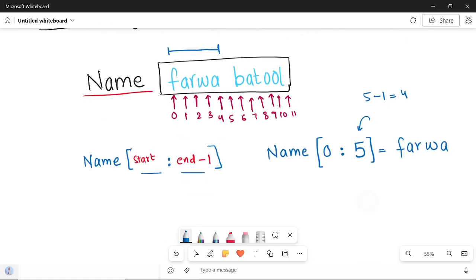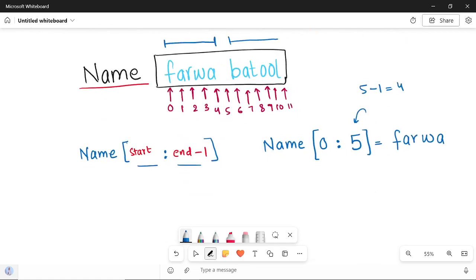Now, if I want to extract the second name, Batul, what can I do? Name, the starting position is B, 6. So I will start it from 6, then I will put a colon. The ending is at 11. But remember that if I write 11, it will do 11 minus 1, 10. So for this, it is going to extract B, A, T, U, and so on, because at the 10th position it is U. So L will not be